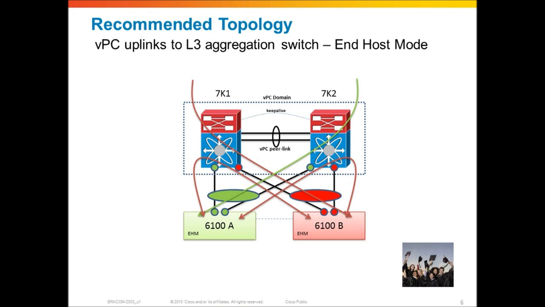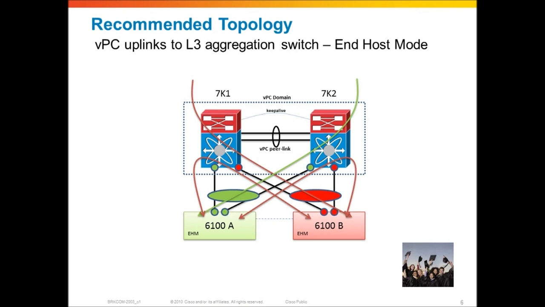number 2. So as you can see, this is really an ideal configuration in terms of scaling the bandwidth. None of this traffic is traversing the peer link. The peer link here for VPC and the Nexus 7000s is really just there for state synchronization and control plane, and all of the traffic, interfabric traffic between 6100A and 6100B, and all the traffic from the network to UCS has been handled locally by each Nexus 7000. So this is definitely the recommended topology, is taking your UCS fabric interconnects and attaching them